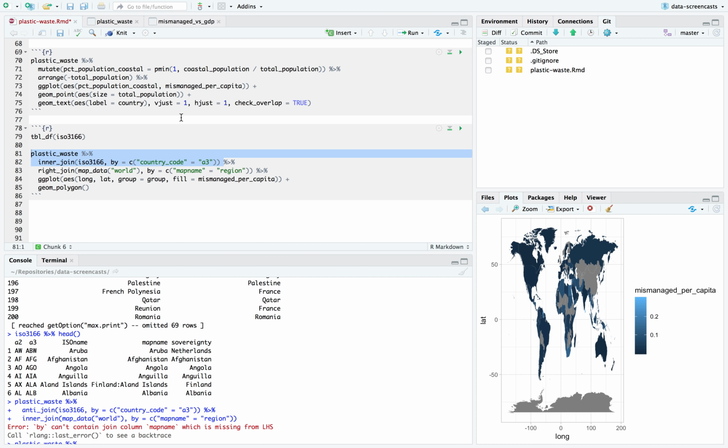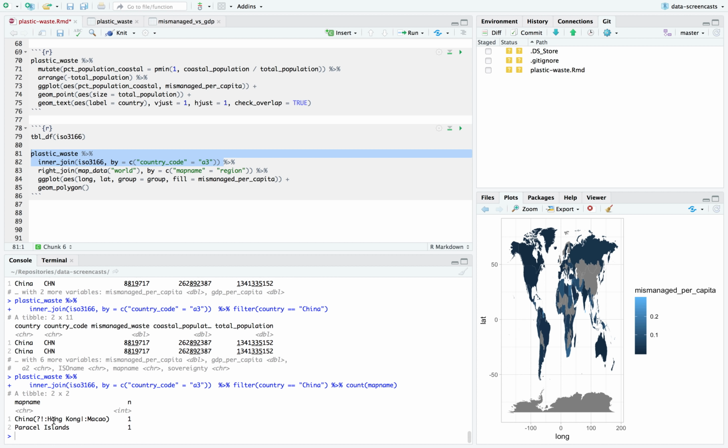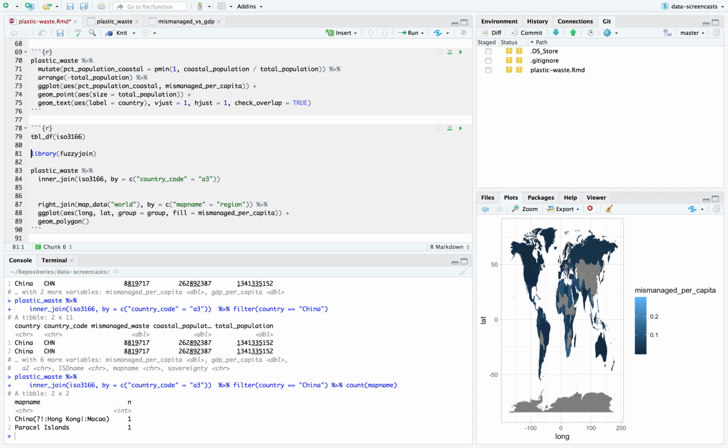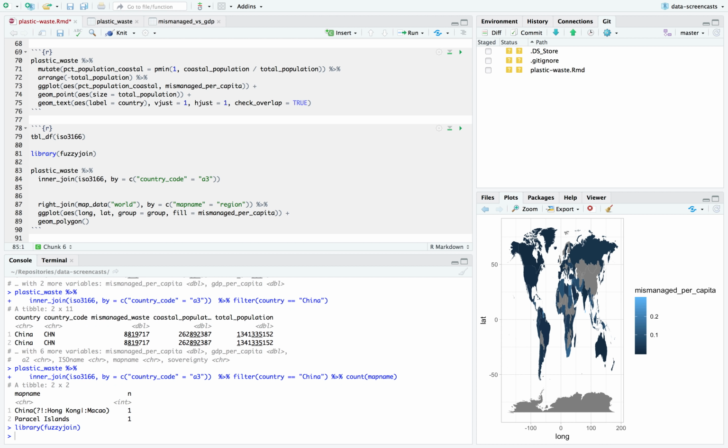The challenge of this data is that it actually gives a regular expression, not a string. So if I want it to line up, I don't remember the officially suggested approach for it, but what I use for this is fuzzy join. Fuzzy join is one of my R packages, and it can join based on a regular expression. So I can say,